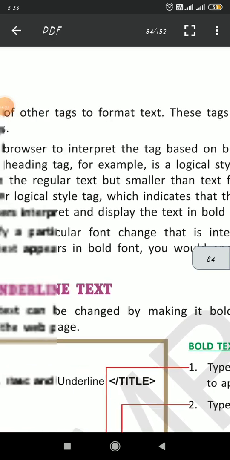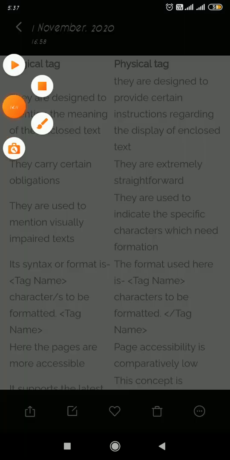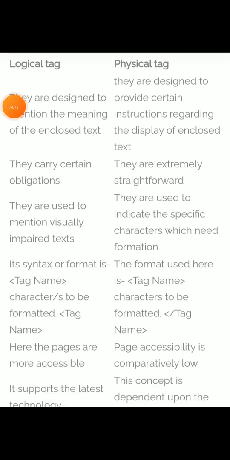So let's see the difference between logical style and physical style tags. Logical tags are designed to mention the meaning of the enclosed text. Whatever text is enclosed, they are designed to mention the meaning.